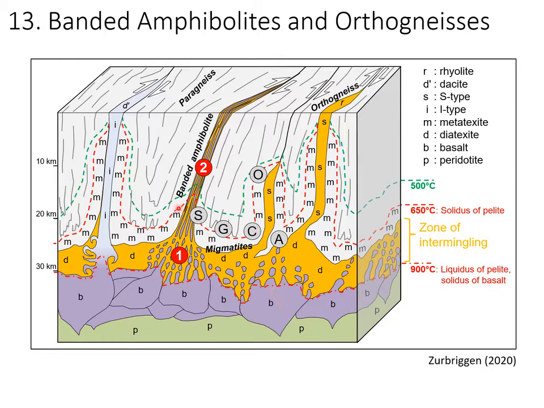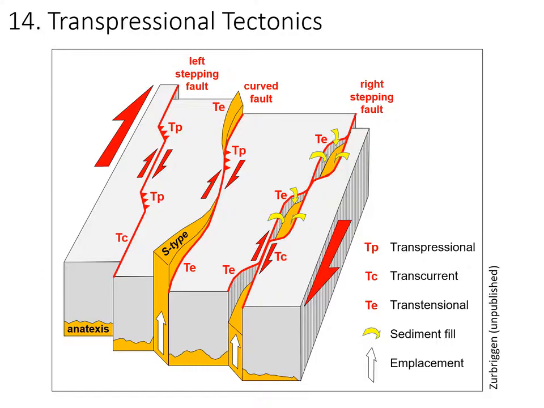And in some cases, we soak in these interminglings and produce banded amphibolite formations. That's the model I have in mind when I'm speaking about the relation between banded amphibolites and peraluminous orthogneisses. I mentioned several times transpressional tectonics, and this is a very important topic when we speak about